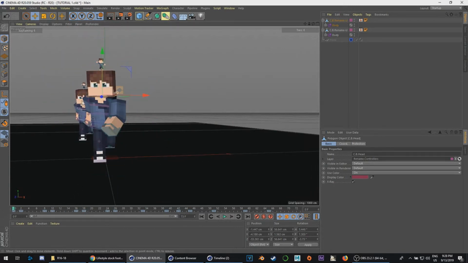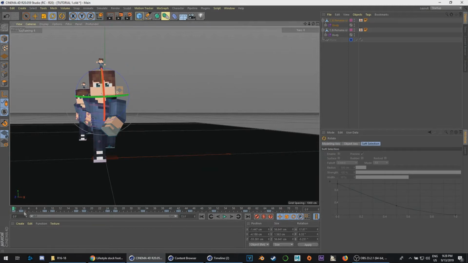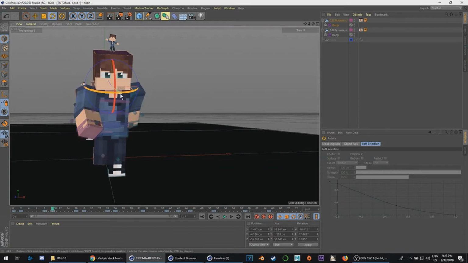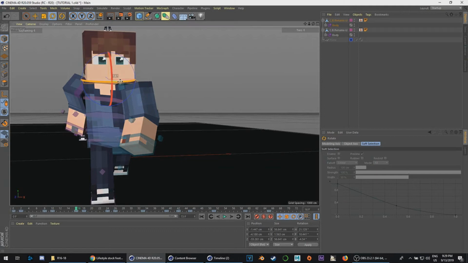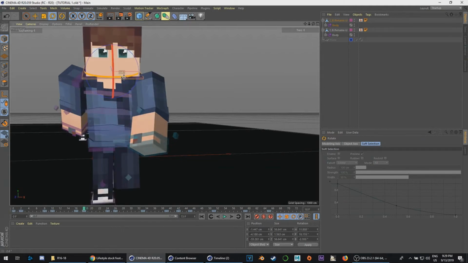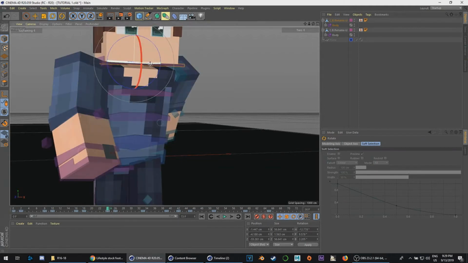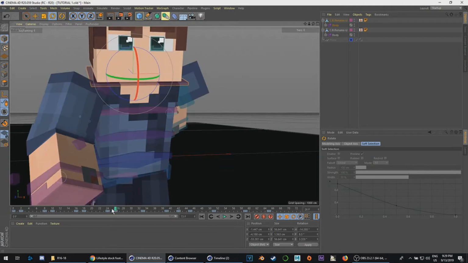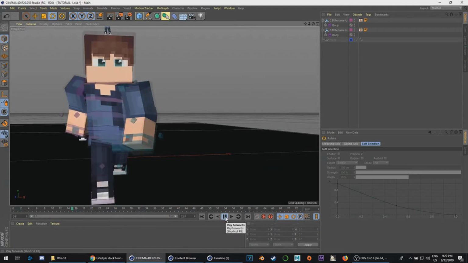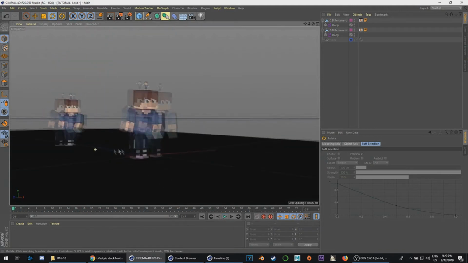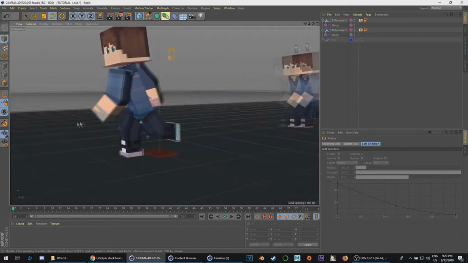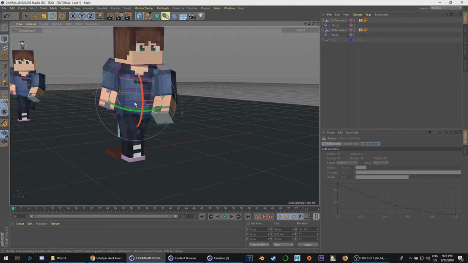And obviously I also like to rotate my head forward, so that it's looking forward the whole time, instead of rotating with my body. It's supposed to rotate where it's looking. Usually when you run in real life, your head's kind of stationary, looking in a direction, which is what I like to do usually in my runs. But yeah, there's that. So that's kind of how you do a run cycle. You do the bounce, and then obviously you rotate the